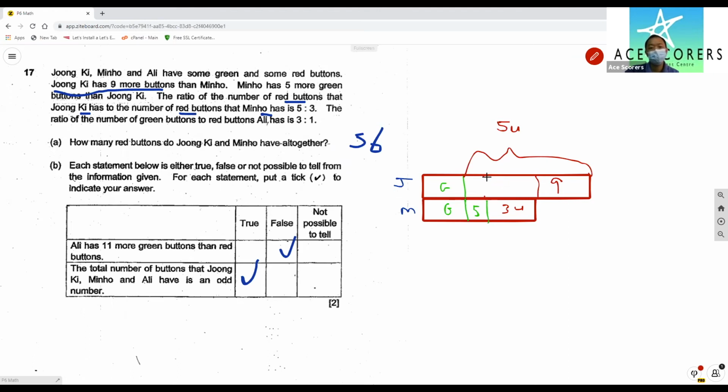Oh, they only ask for red, they never ask for green. So I don't have to find green. How many red? I thought they asked the total number. Okay, so here is